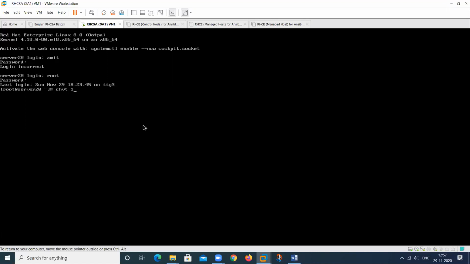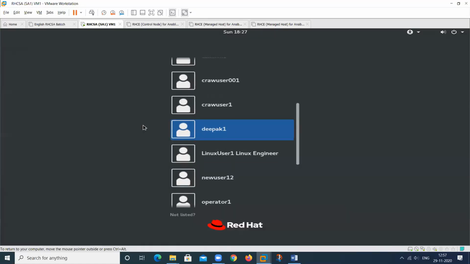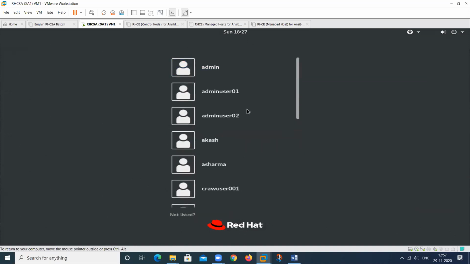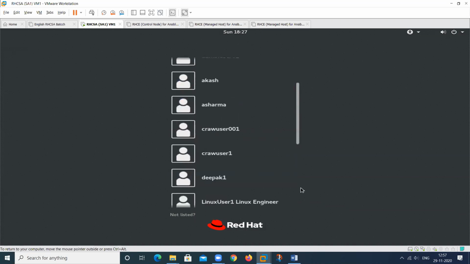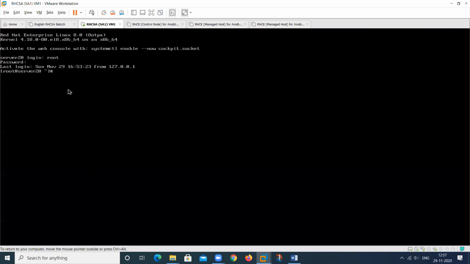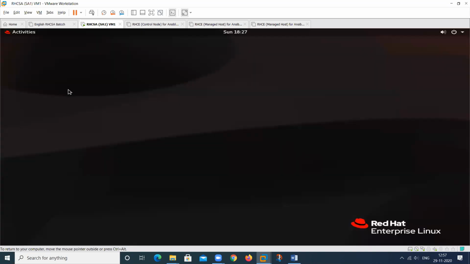So move to this. This is TTY2. This is the login screen indicator, TTY1. And when we type here, this is my TTY2. I will show you. At this time, we work here and we type the command chvt 2 to indicate the graphical. So this is my graphical mode. So we can use the chvt command, and we can also use the key combination Control Alt F1 to F6. So this is about the terminal.